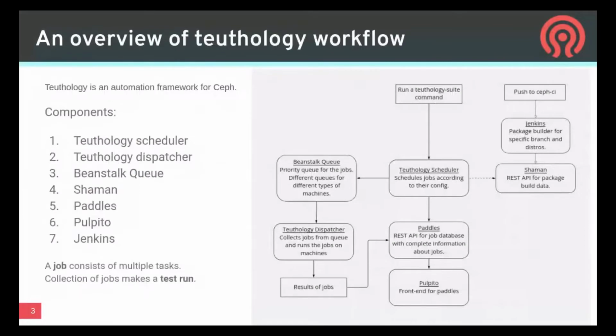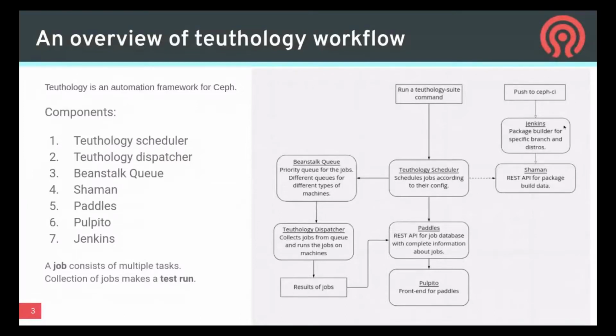So to start with the general overview, Teuthology is a framework with which we can run a vast amount of tests. So we have a package of tasks that makes up one job, and then a collection of jobs which makes a complete test run. To schedule a test run, we push a branch to Ceph CI. Ceph CI is a clone of the original Ceph repo, which is specific to triggering the package building. So when we push to Ceph CI, Jenkins, which is a package builder,